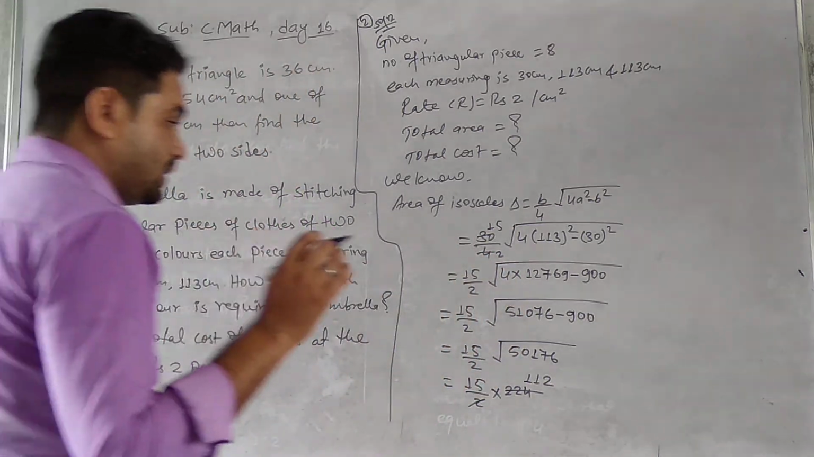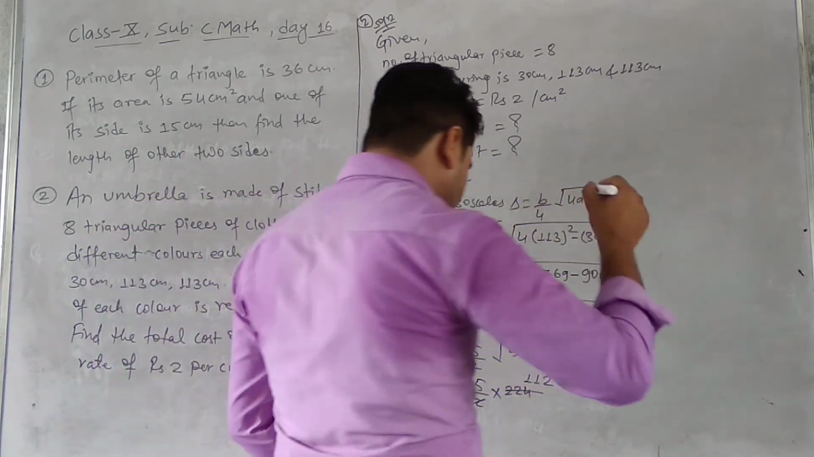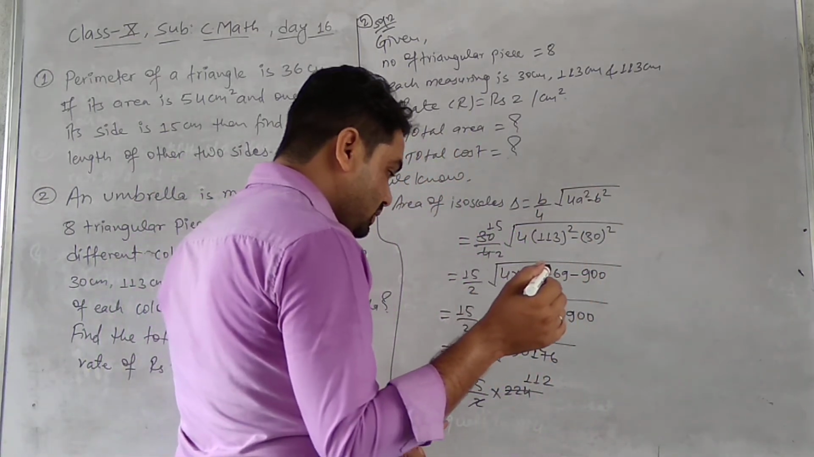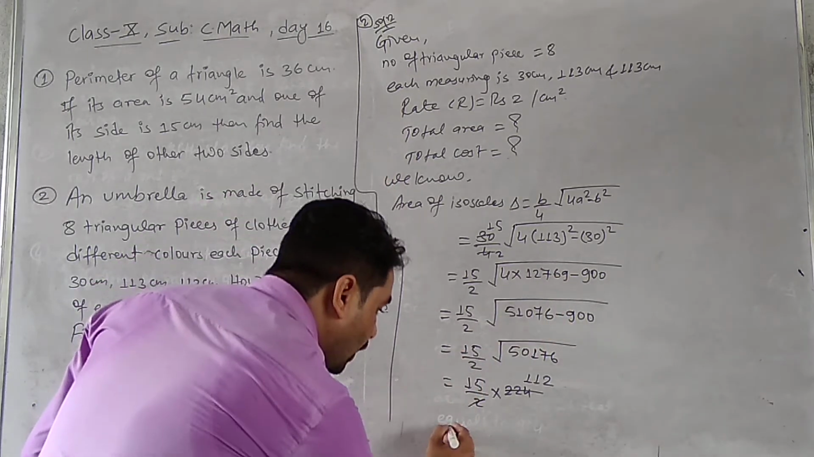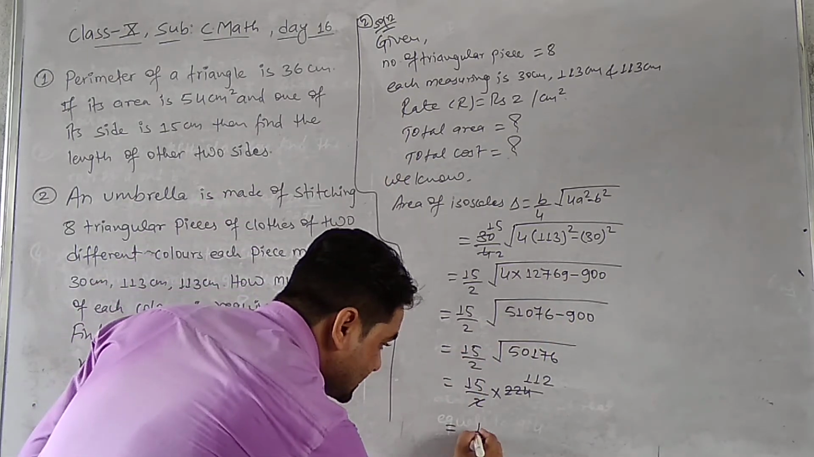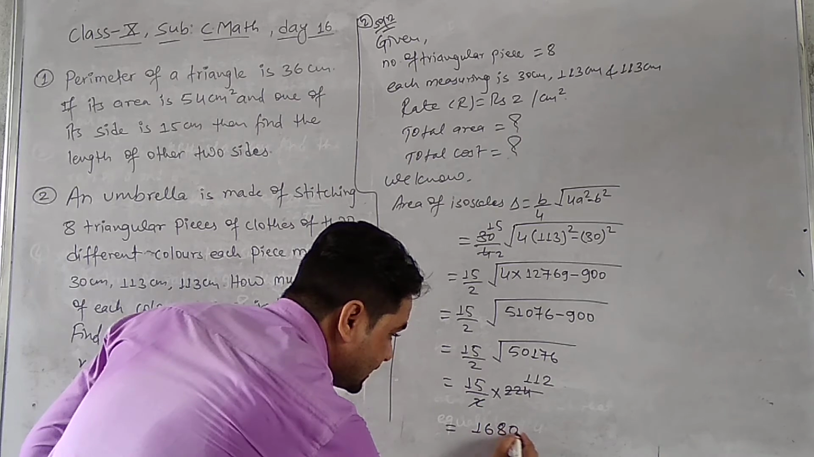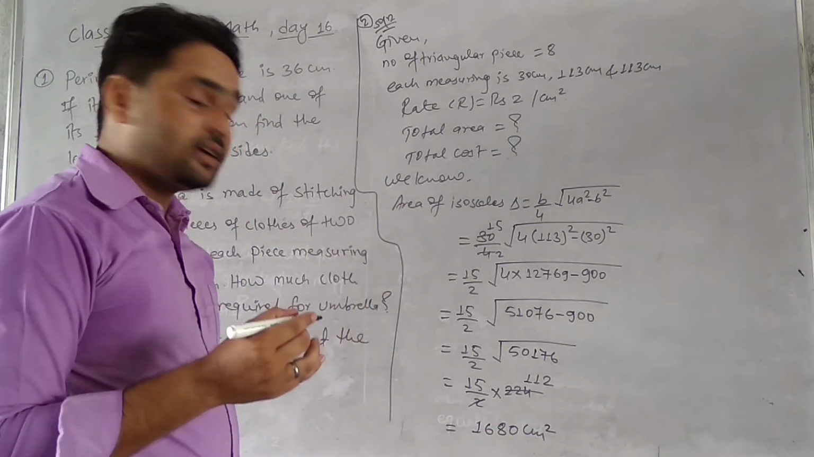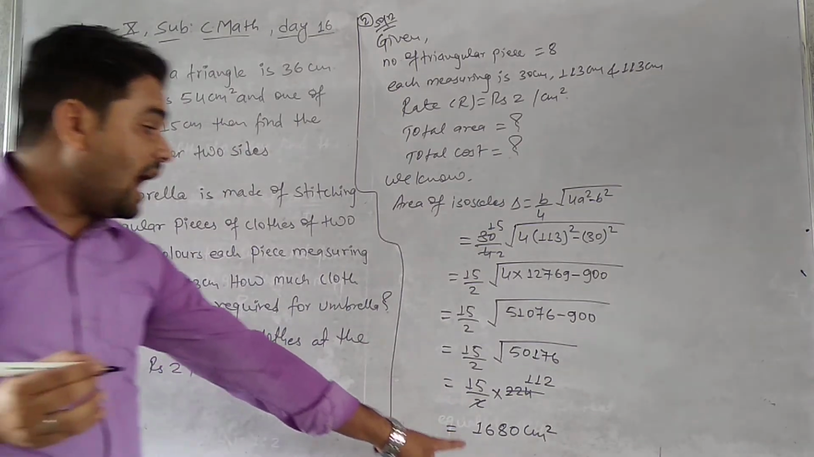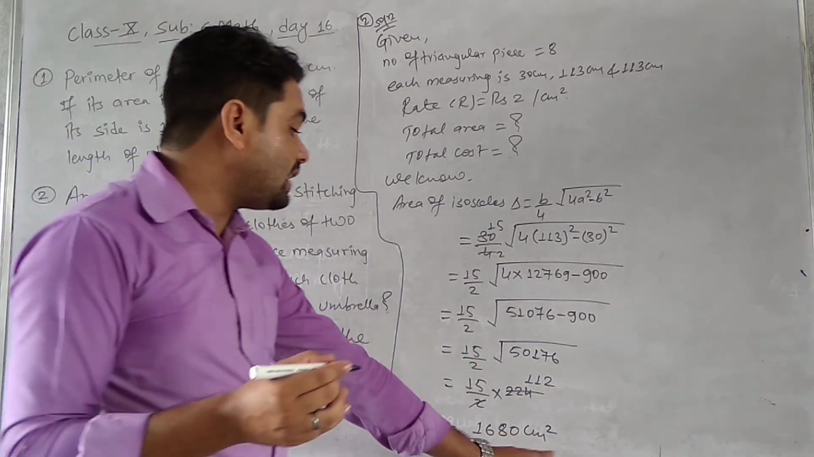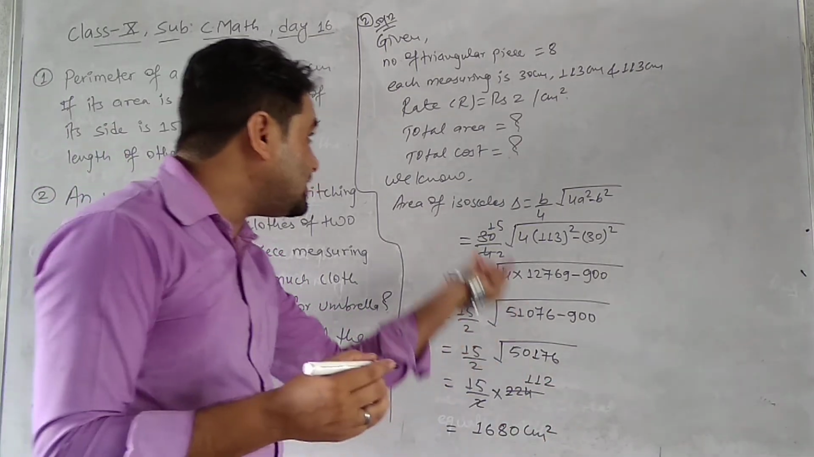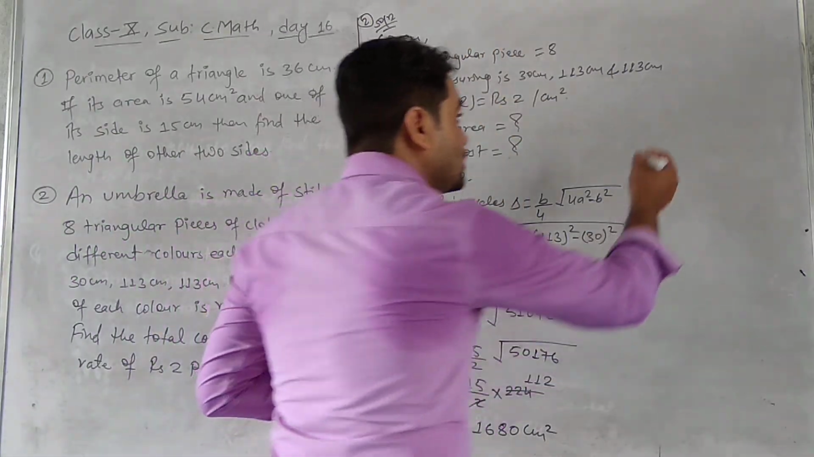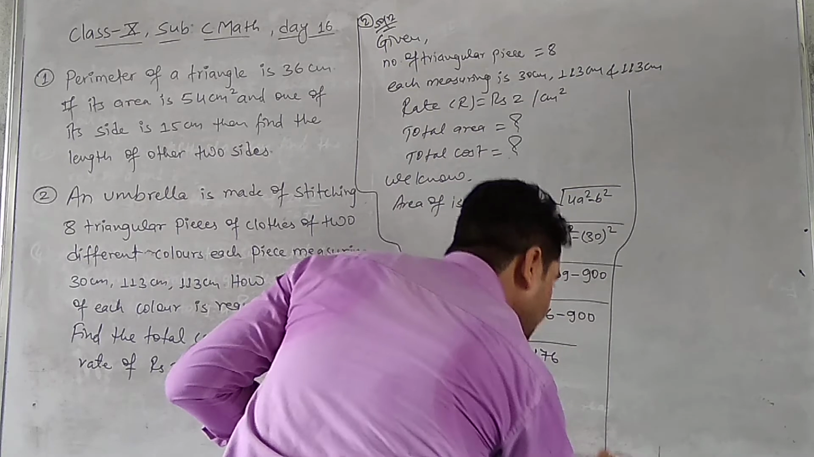15 into 112, let's do it in a rough way also. That means 15 into 112, we get 1680 cm square. Since we are going to find the area, this is the area of one triangular piece, but 8 triangular pieces are here, so the total area equals,